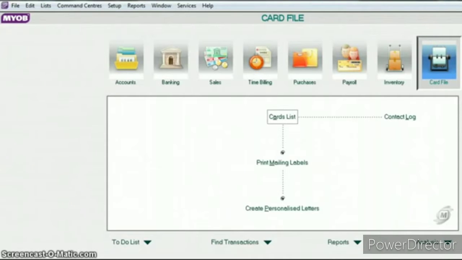Going to export data from MYOB AccountRight 19. Going to export some items and selling prices, export into Excel, change the selling prices, and then import back into MYOB. So to start, go on File,